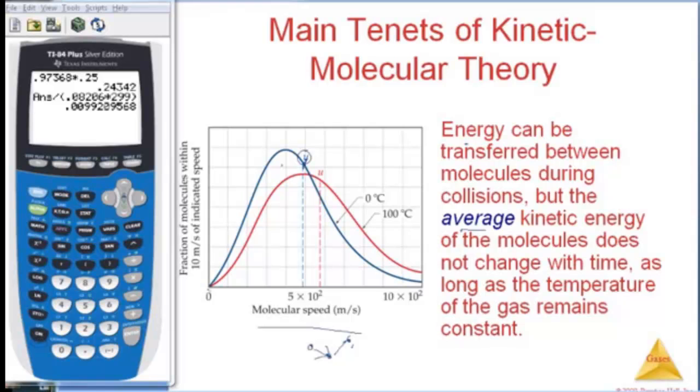So there'll be some that are moving very, very slow, and there'll be others that are moving quite a bit faster. But on average, their speed's going to be the same. Now if I increase the temperature, I end up with a wider distribution, because I have the same amount of gas, so the area under the curve is the same, but the distribution of those particles is spread further, and then I end up with a higher average and a bigger tail, right? As it spreads out, the tail becomes larger, and I have more particles at that higher speed.